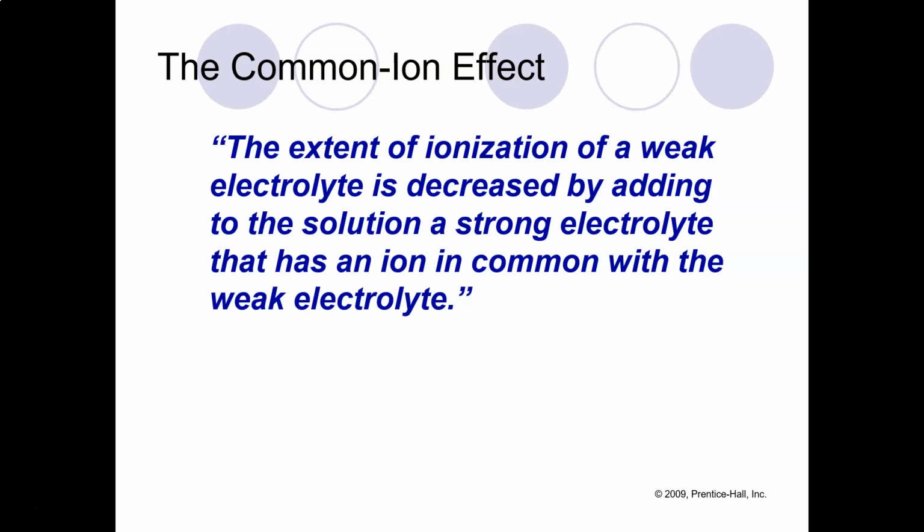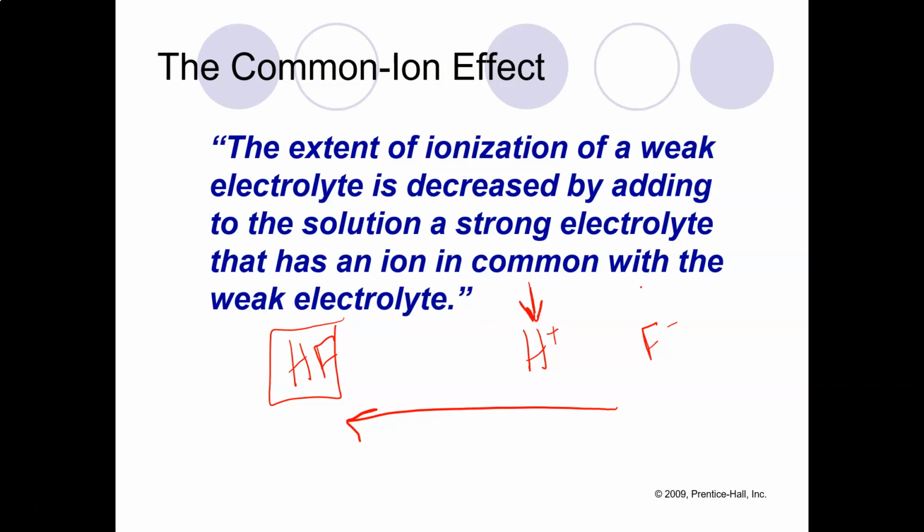So if I had HF as my weak electrolyte, and it's a weak electrolyte because it's a weak acid, if I added something that had hydrogens in it, or if I added something that had fluorides in it, what the common ion effect is saying is that the reaction will shift left, which means more of it will be in the form of the weak electrolyte. So HF becomes a less good acid if I were to add some extra H+,